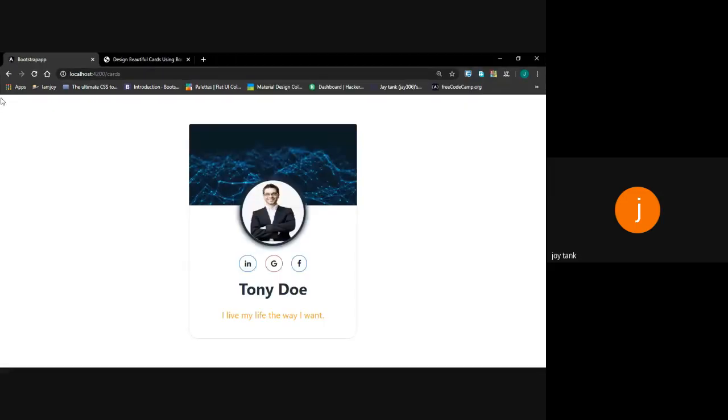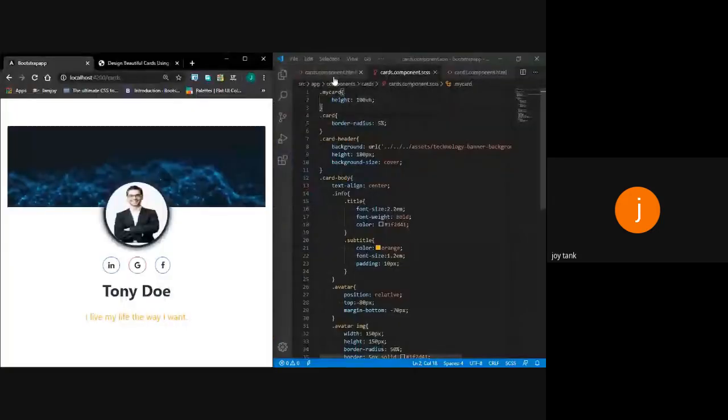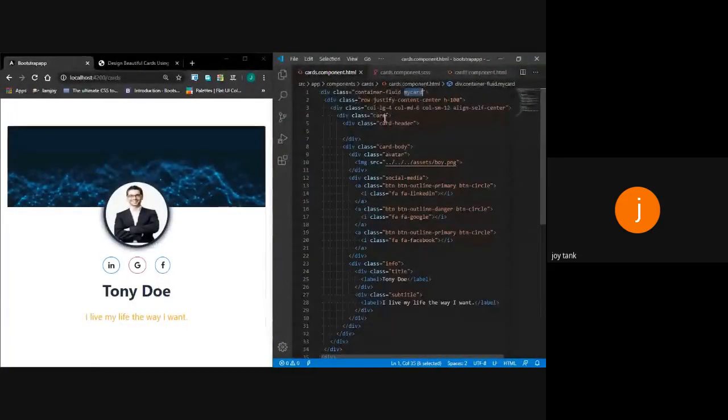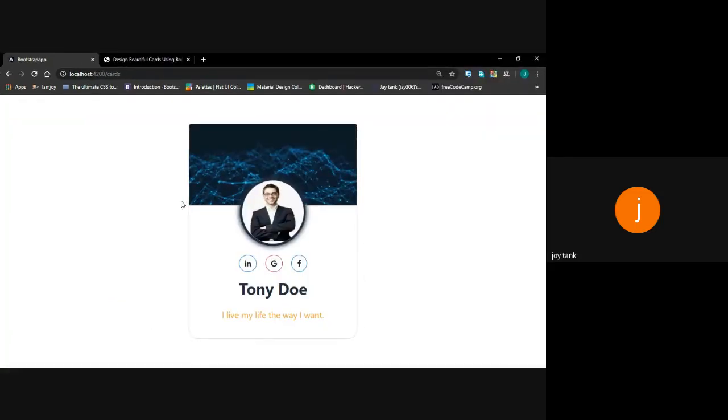Because I want this container to take the height of the whole viewport, meaning 100vh. 100vh indicates that whatever the viewport is, it will take the whole height of the viewport. And I want this card to be justified center. Justify center indicates that you are placing the card in the center of a row, and align center indicates that you are placing the content in the center of a column. You can see I placed the content in the center of a column.